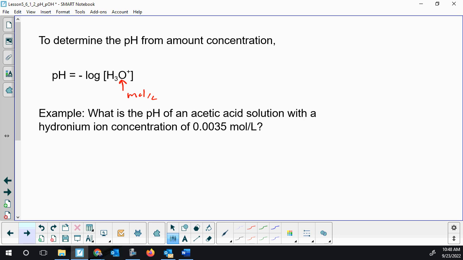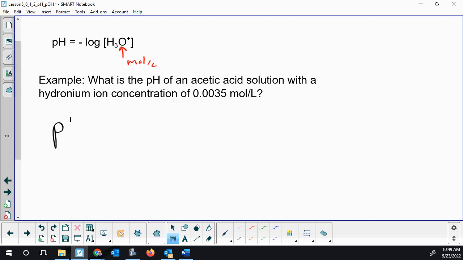Then I'm going to jump right into a question using this formula and apply those sig fig rules that I just mentioned, but in the opposite order. We're going from the concentration to the pH. So solving this, I'm just going to pull down that relationship. The pH, or power of hydronium, that's the P, is negative log of